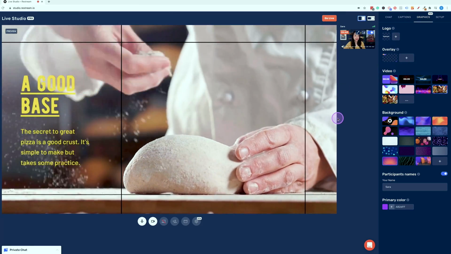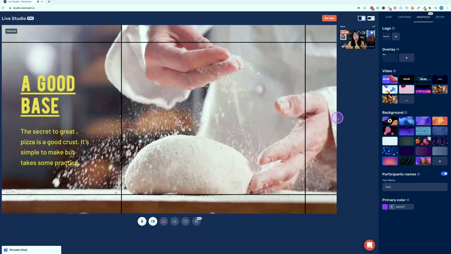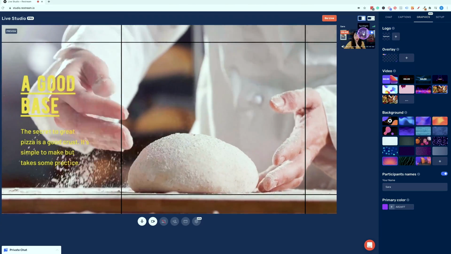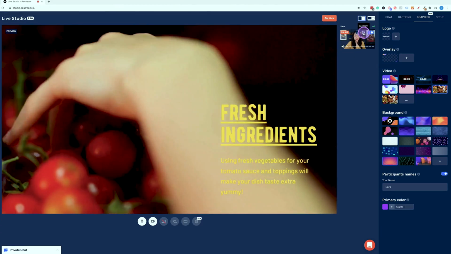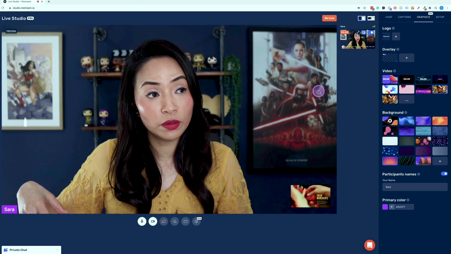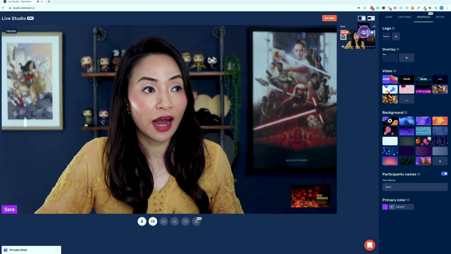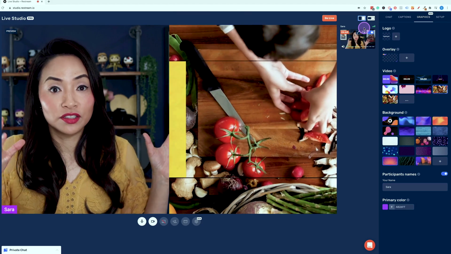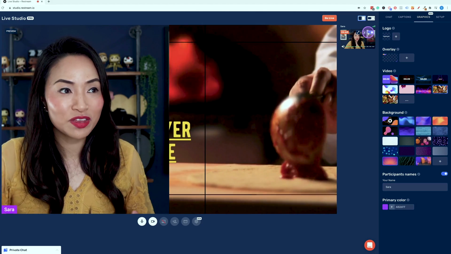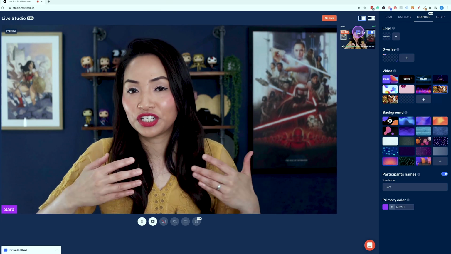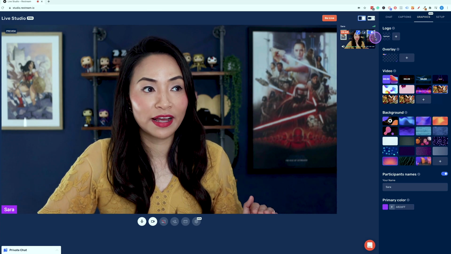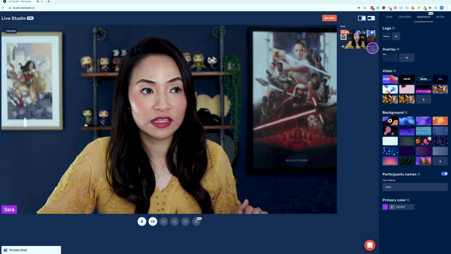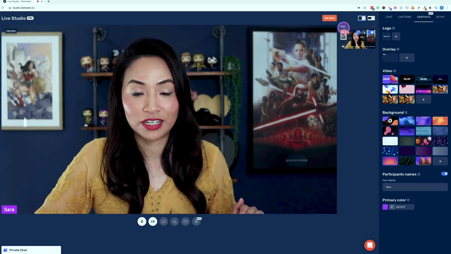And then the cool thing is that you can also play around with the video layout. So I can choose to select spotlight so that I have the video in the bottom right hand corner. I can also choose to have it side by side so that it's sharing half of the screen with me, and I can also choose to just get rid of it altogether, all by playing with the toggle settings in my camera feed section here.